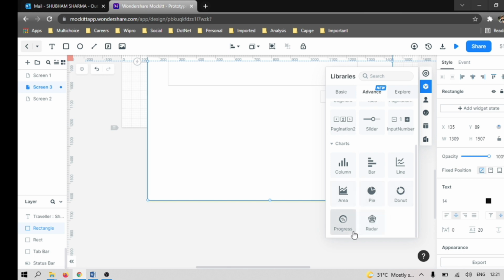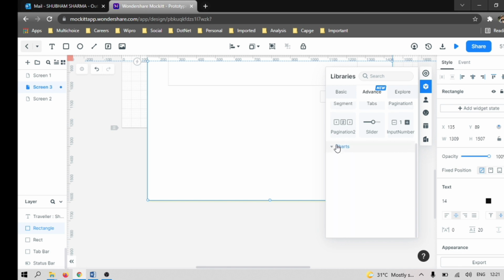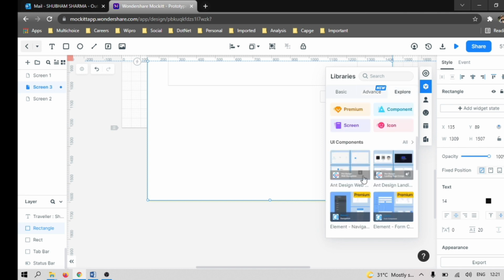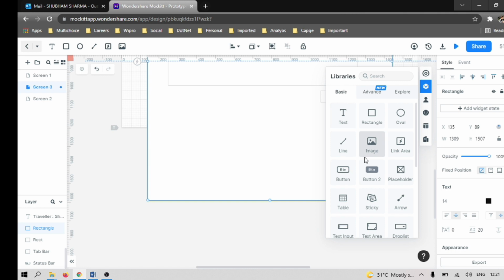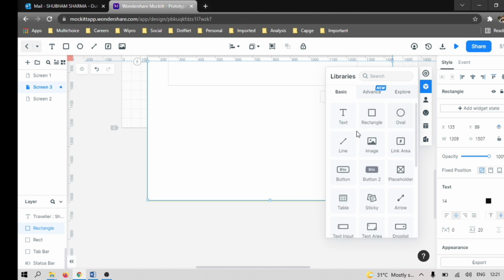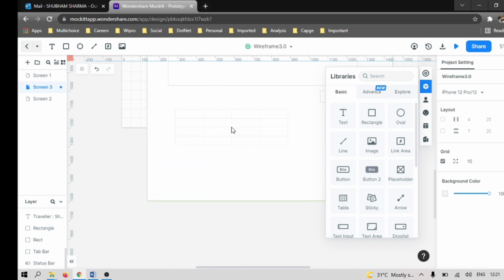Bars, donut, layout, focus. These are the charts. So there's a table. No table. How to put that? This is the table. That's what I'm looking for.